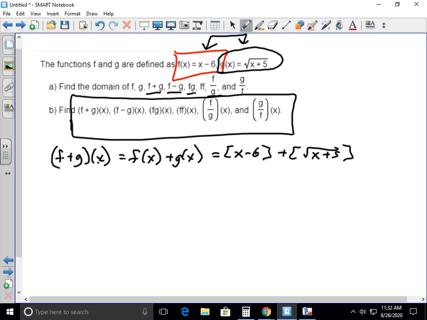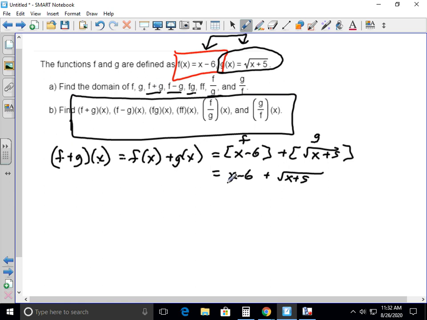So that's what f plus g of x is. You don't necessarily have to have the brackets there. I just put them to indicate that this was the function f and that's the function g. So having said that, now if we were to go back and answer this part, what the domain of this is,